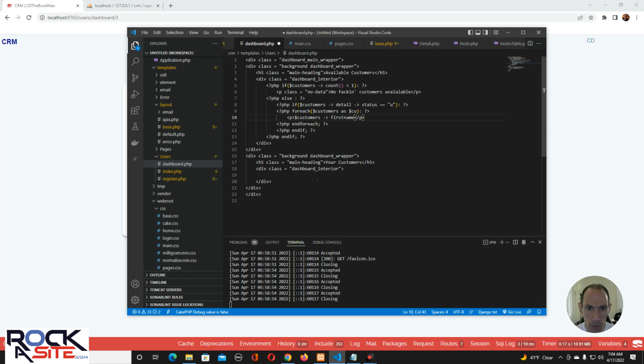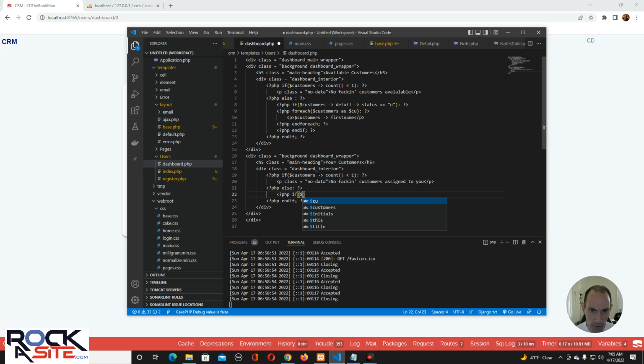And then on this side, we'll go if customers count is less than 1. We're probably going to have to do a row count because it's going to freak out. Else, you can put the colon right next to it. You can put it pretty much wherever you want. And if, and we'll just go if p class equals no data, no fucking customers assigned to you. And else, we'll do